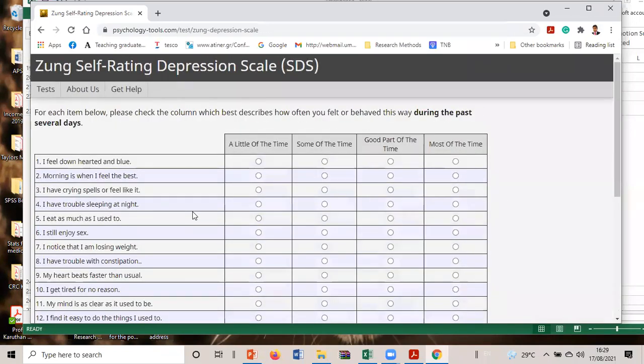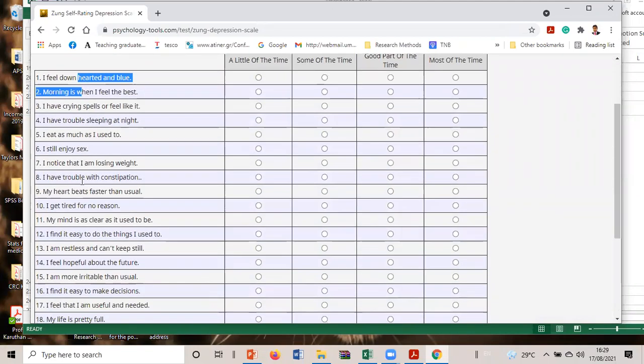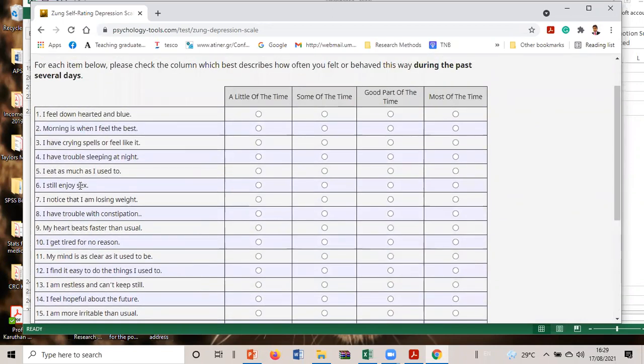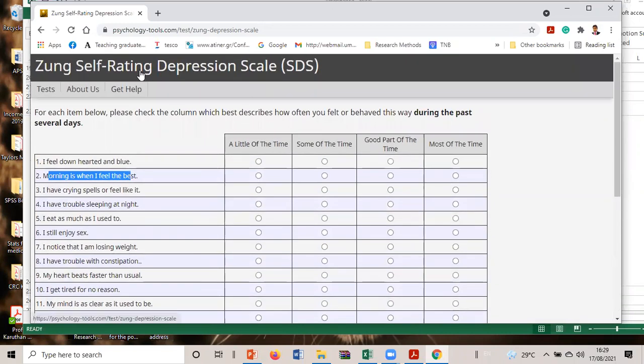We have used it several times. Now they're asking you, do you feel downhearted? So this is a questionnaire, right? Feel downhearted and blue. Morning, I feel the best, whatever it is. So based on this, we can measure his or her level of depression based on what he answers, right?